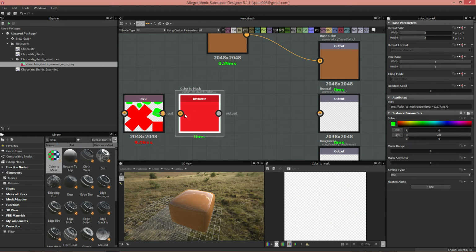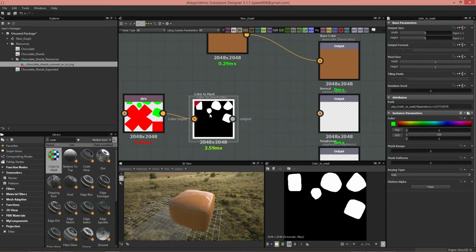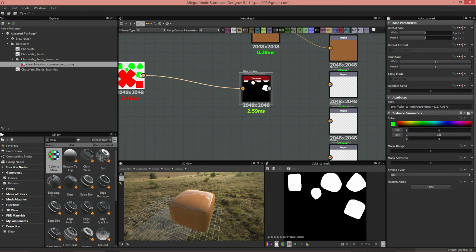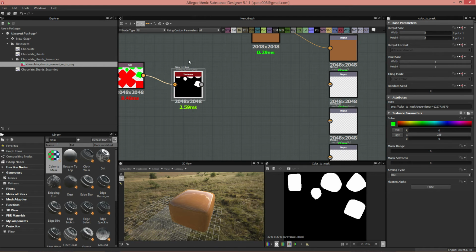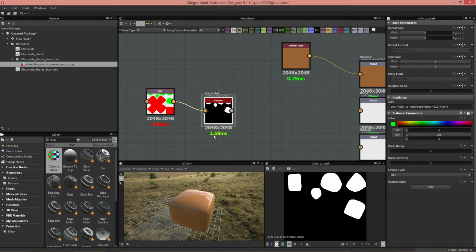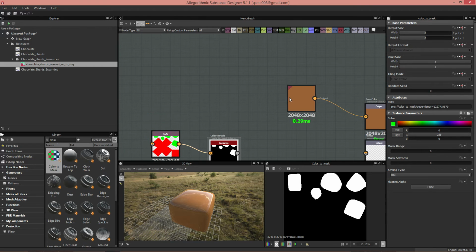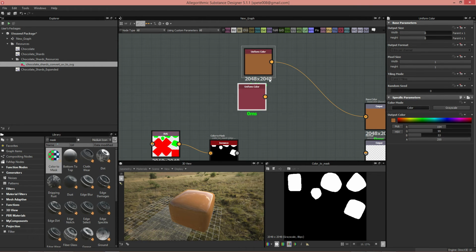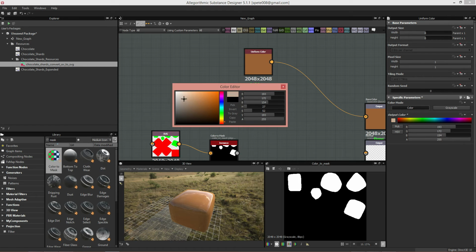and drag in a color to mask. And that gives us the interior section masked. So we can add a new color. I'm not going to get too detailed with all the normal maps and stuff. Just going to break down how the masking works on this. So we'll change this to a kind of a lighter, almost white color,